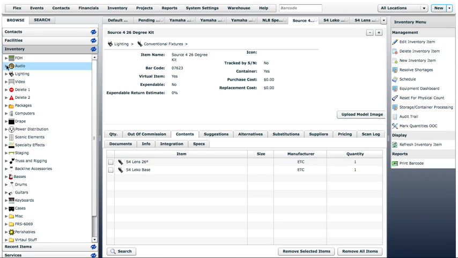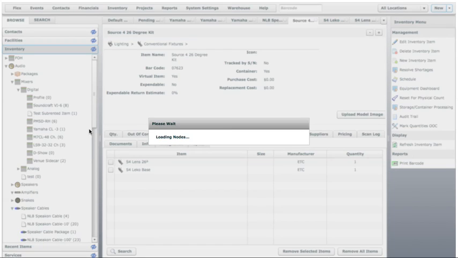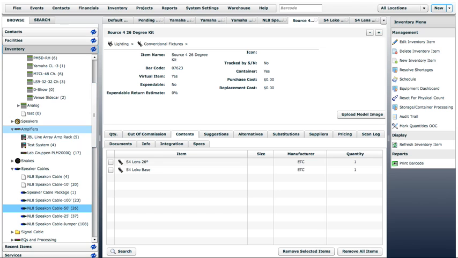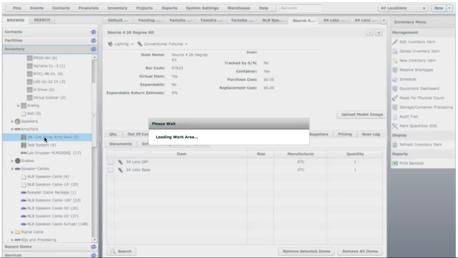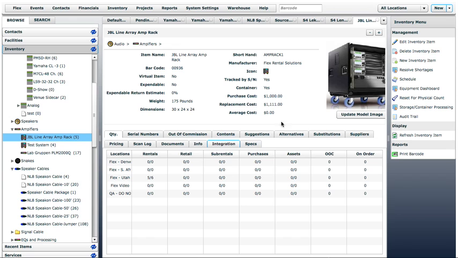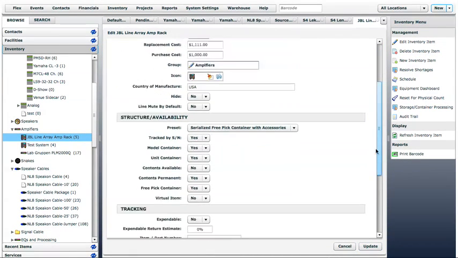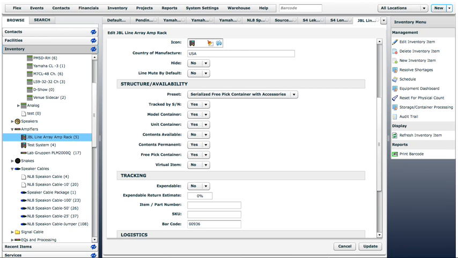Another type of item that we can make is what we call a serialized package. As an example, I'm going to open up, under amplifiers, our JBL line array amp rack. In here, if we hit edit inventory item, this is tracked by serial number as yes, meaning that each individual amp rack will have its own barcode. We'll have model contents, meaning there might be things that need to go out with this item every time it